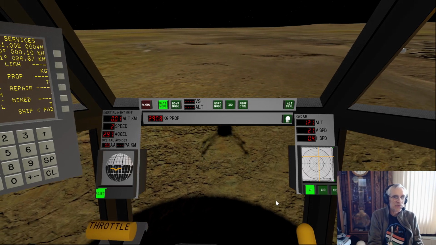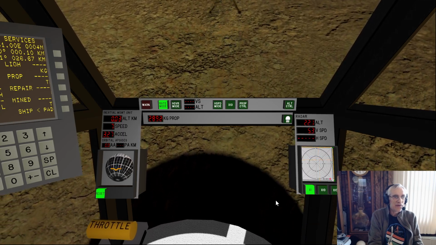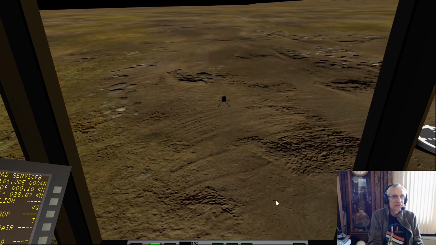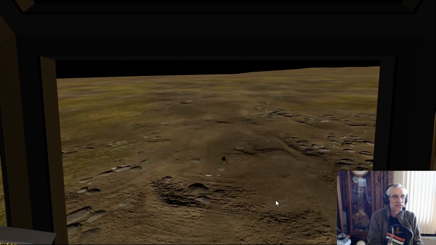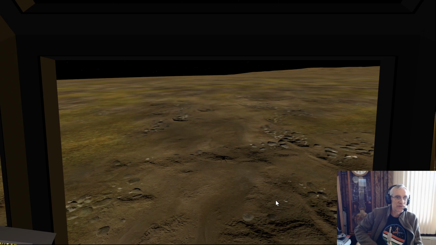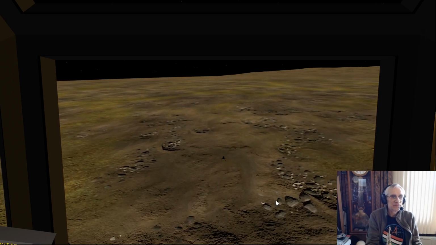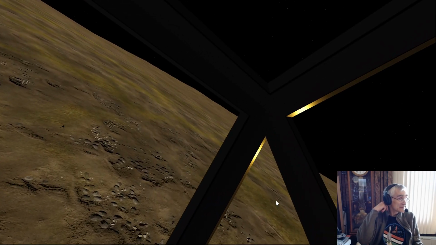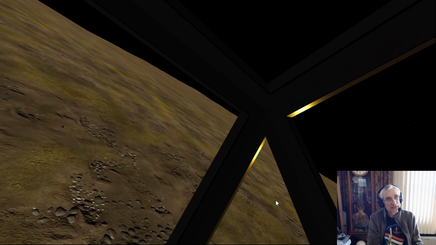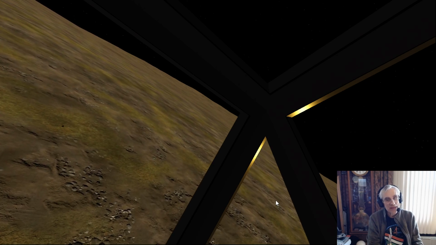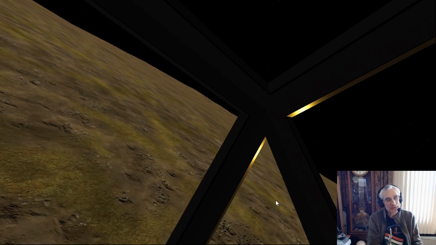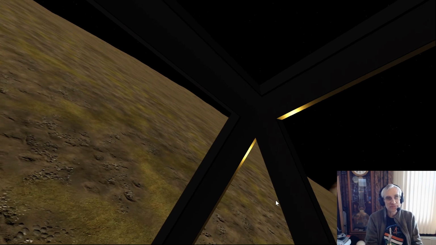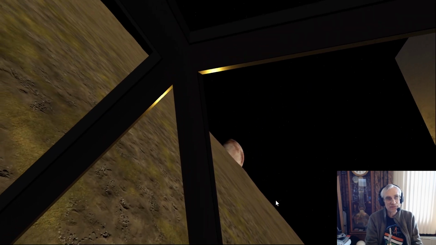So what I'm going to do is tip over forward at about a 45-degree angle and hit maximum thrust for a little while. It'd be nice if I knew exactly how long to do this, but I'm really flying by the seat of my pants today. Now this entire moon is modeled. There's not much on the moon, but there are a lot of mountains and plains, and we're orbiting that planet that you see in the window, and that planet is orbiting the star that's currently in our field of view.